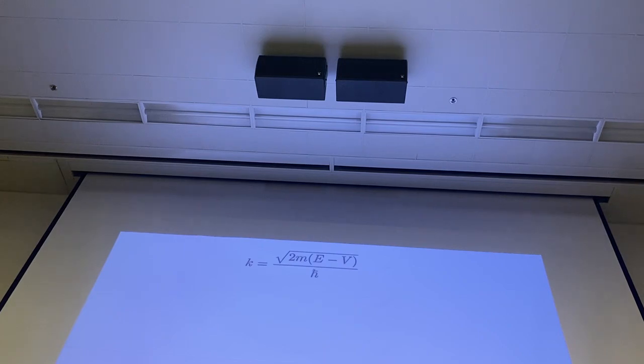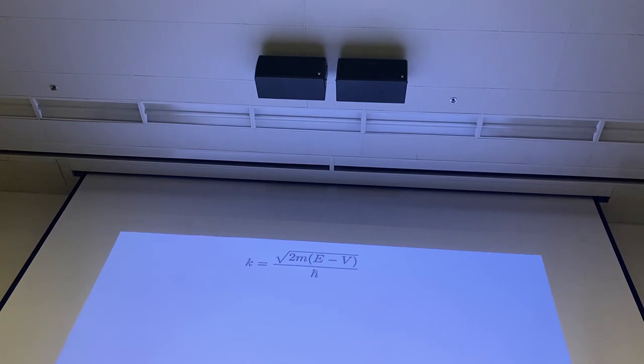Okay, so what is K again? K can always be written in this way. It's the square root of 2m(E minus V), divided by h bar. And if the potential equals 0, so when V equals 0, that means the middle of the box, then this thing is definitely going to be a real number. Because E is a positive number, you can only have positive energies, so the whole thing is going to be positive, no problem there. The problem, of course, happens when V is larger than E, and that's the case with